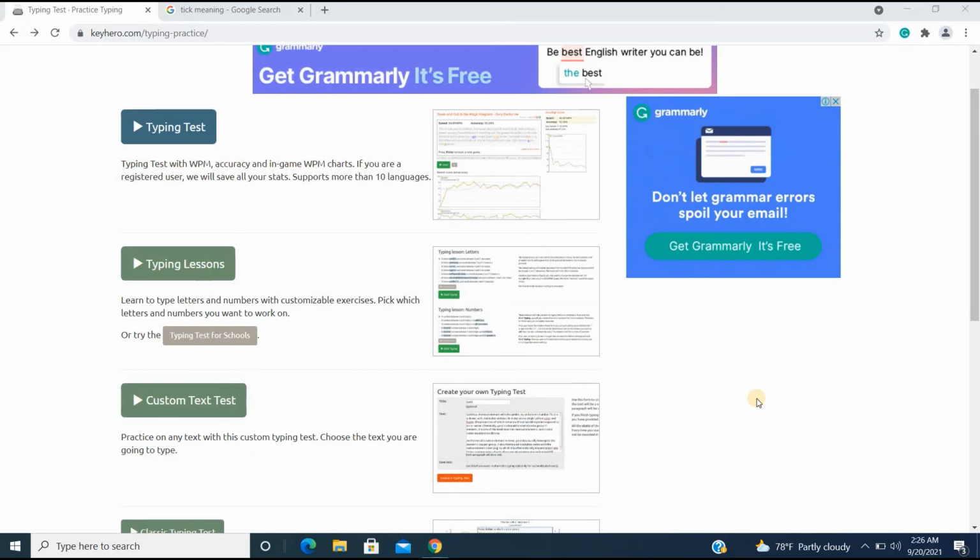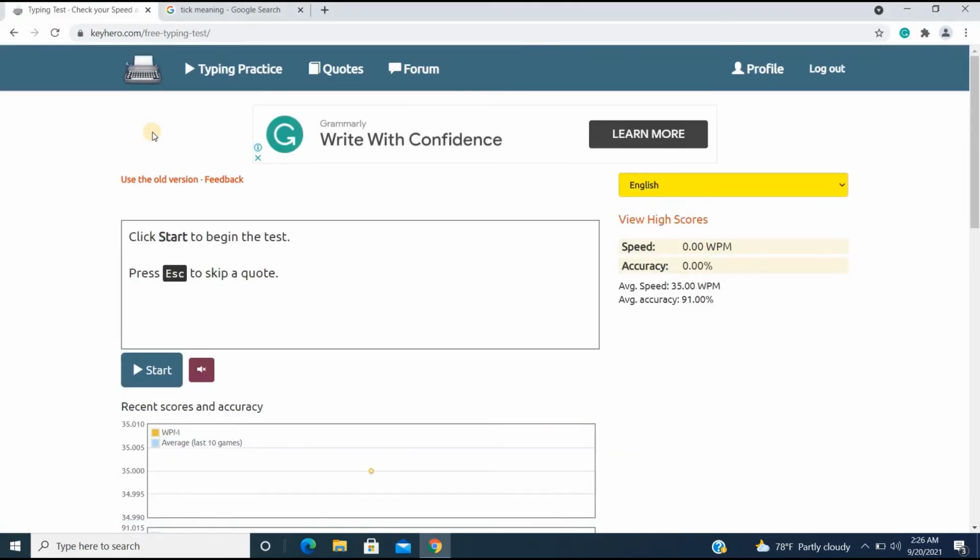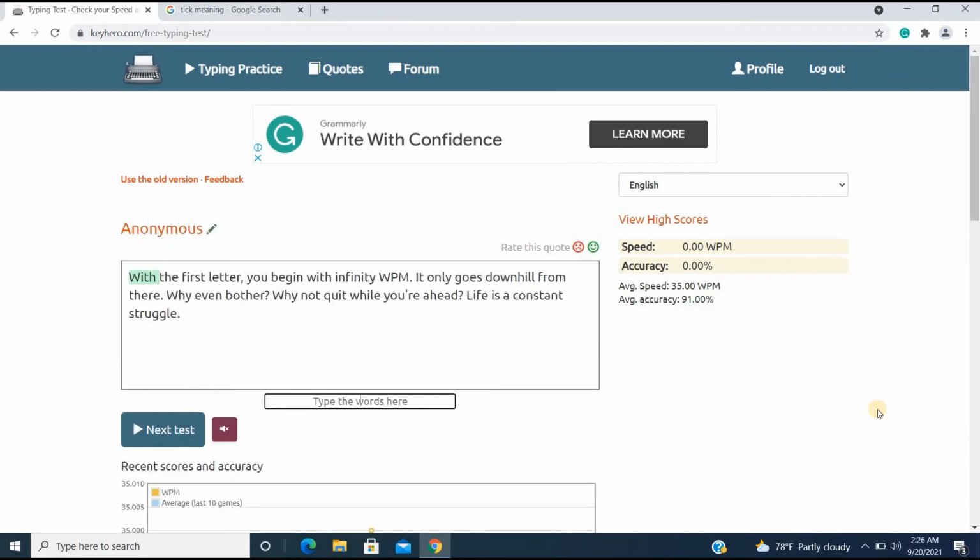After finishing all those typing lessons, only then can you go for a typing test by clicking on this, and now you can here start your typing test. All what you have seen in this text box will be typed within this cell, and you can see your speed and accuracy. So you will have to be very thorough with your basics, like you should know how to place your fingers properly on the keyboard.